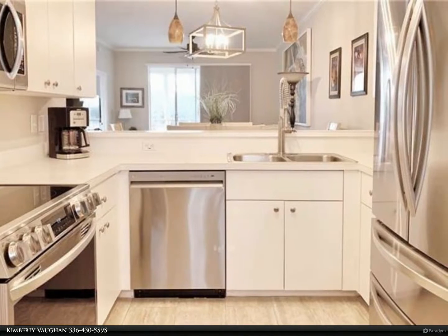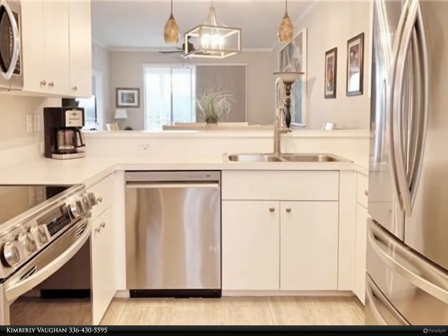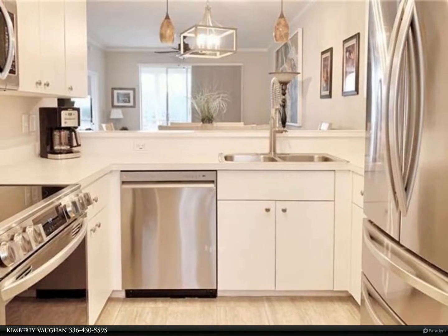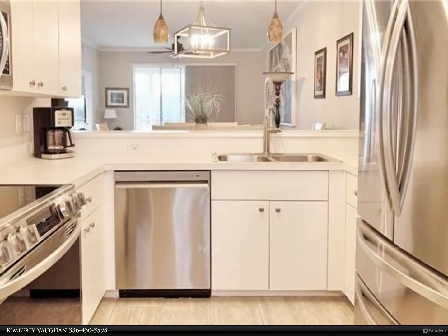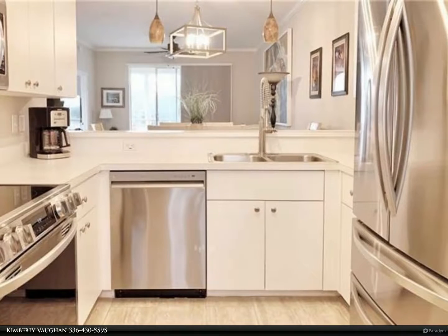Naples Heritage is a beautifully landscaped, gated, bundled golf community situated on 550 acres of pristine lakes and preserves. The 18-hole golf course, putting green, driving range, renovated clubhouse with pro shop, resort-style pool with cabana, tennis courts, pickleball courts, bocce ball, and fitness center are all part of the Naples Heritage lifestyle. Just minutes from downtown restaurants, shopping and beaches,